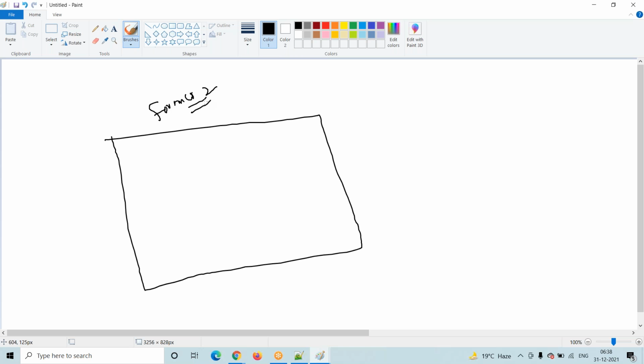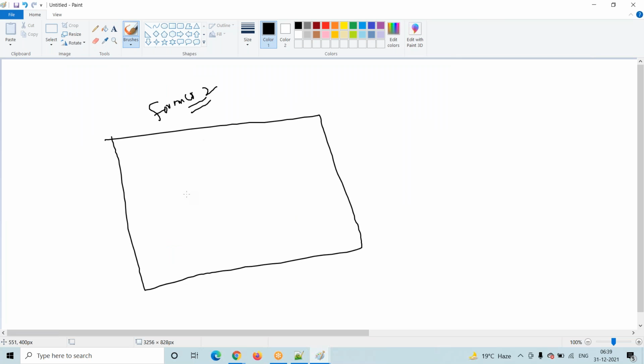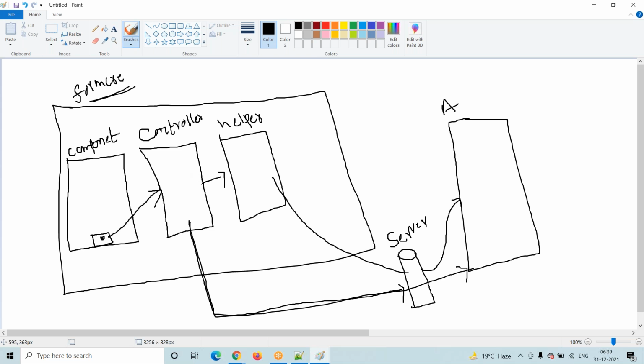This is another lightning component. This is one lightning component. I have 100 lines of code that is common to this lightning component and this lightning component. So then we want to reuse it, right? Where we will write that code is in the helper. Go and write that code into the helper, then that code is reusable by any other lightning component.